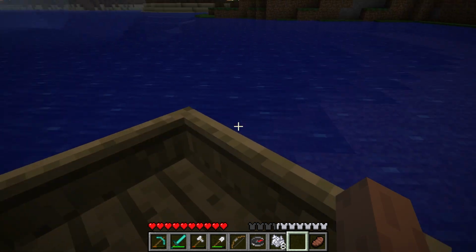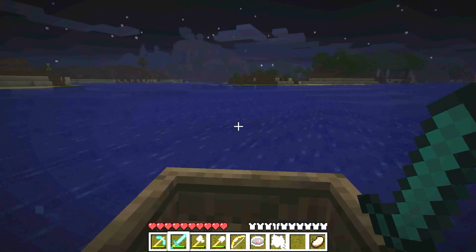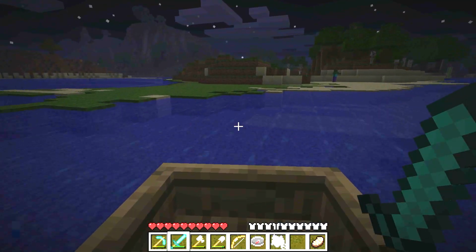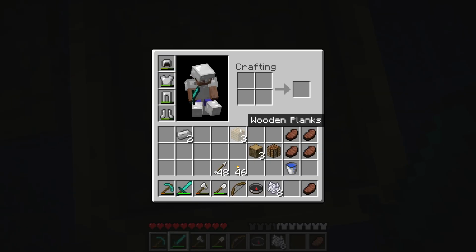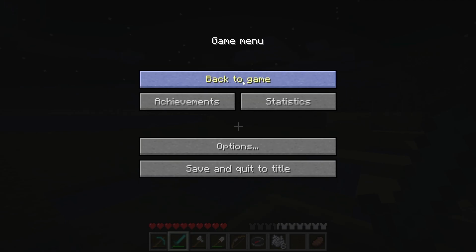Is it on land? That is... Okay. I think, I mean, anywhere where there's, like... Oh, whatever. Well, let's see. Can I dismount the boat without breaking it? No, I cannot! Unless... Is something in controls? Nope. Well...